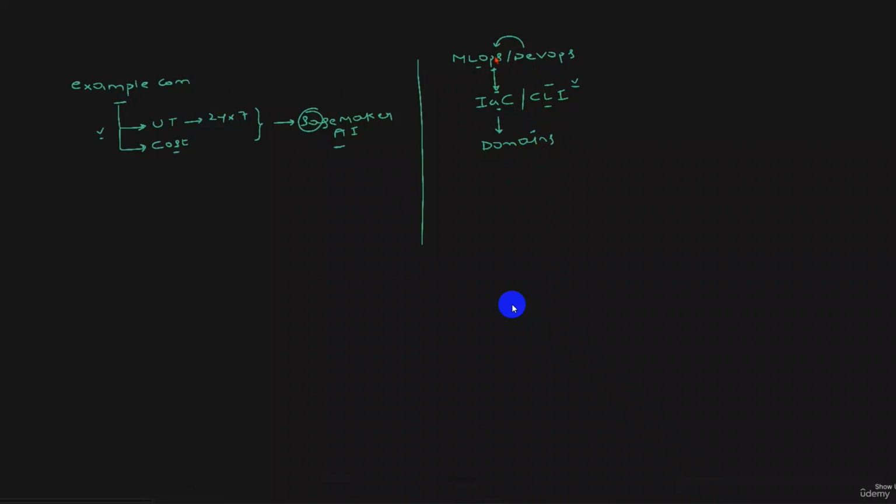Now the question is how MLOps engineers decide the number of domains. Same thing we learned in the previous lecture. MLOps engineers go back to the business, in this case, go back to the management, and ask the management what is the requirement, how many models are under development, and how many teams are working